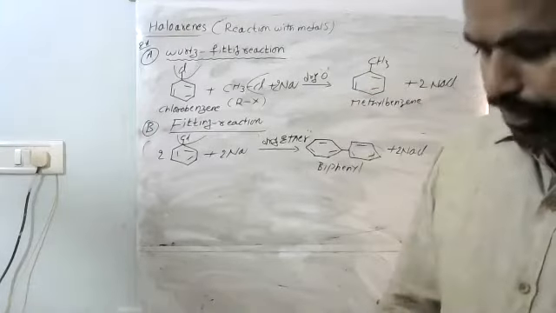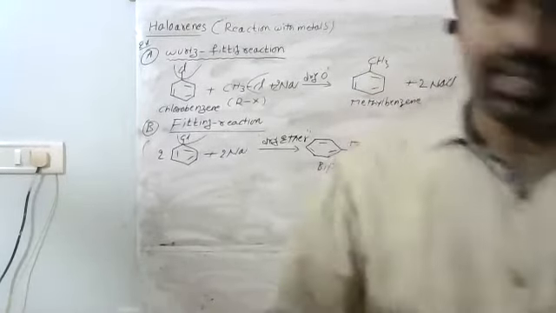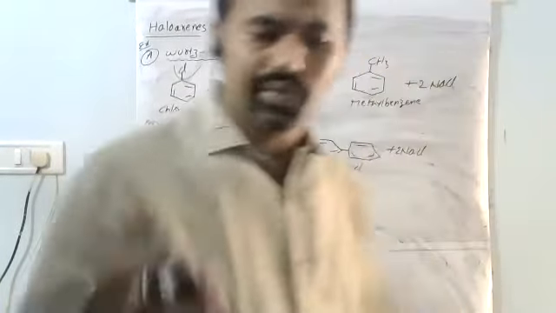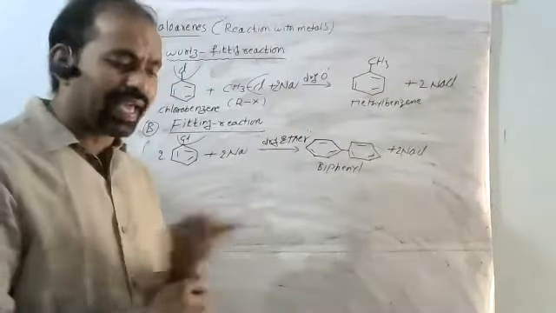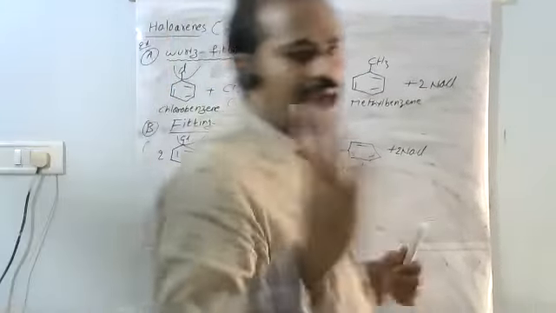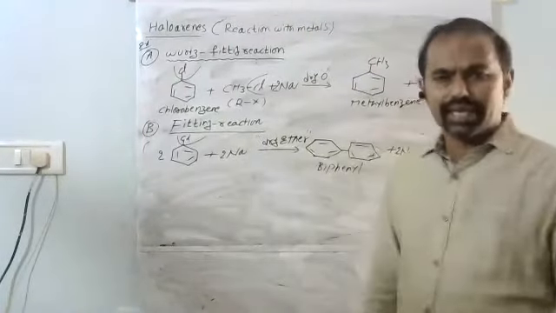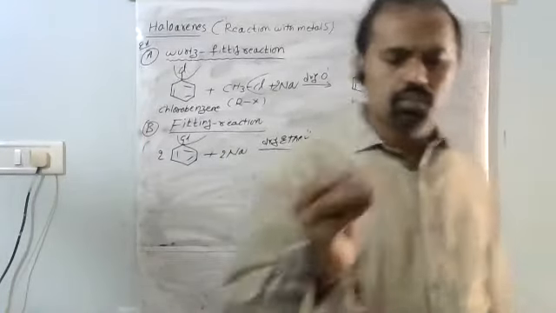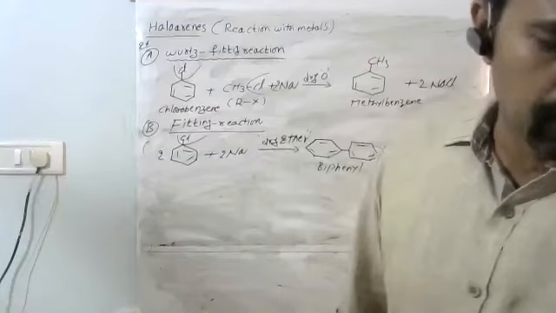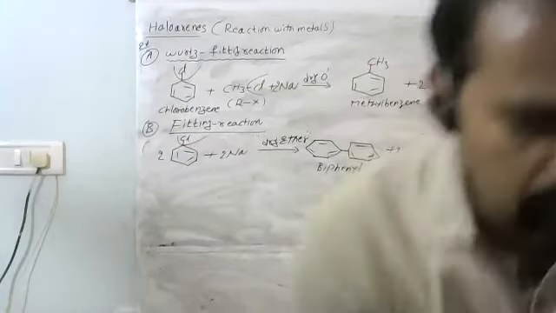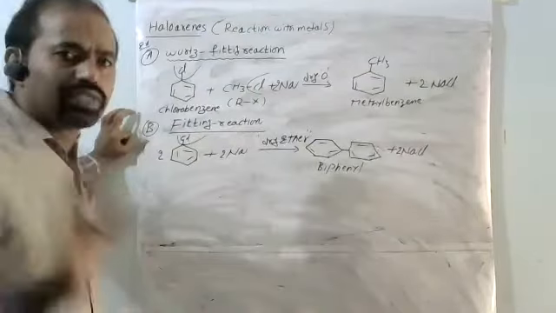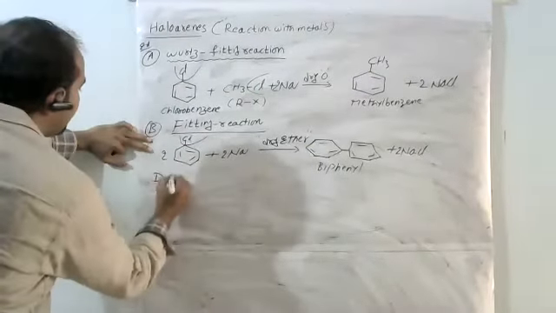Okay, now listen. After this, what are the main uses of halogen derivatives of alkanes and arenes? Here a few compounds are mostly used. What are these few compounds? First, one of the halogen derivatives and its uses. First I will take DDT.